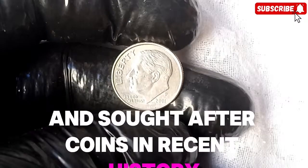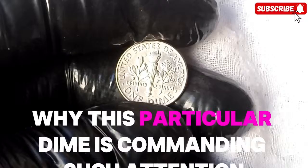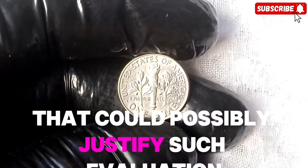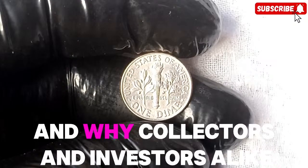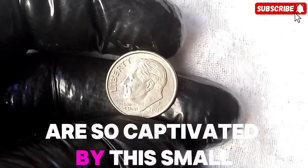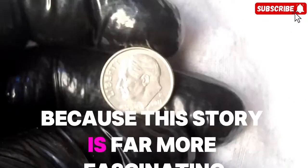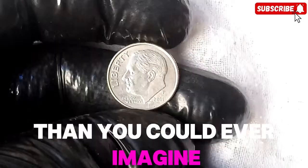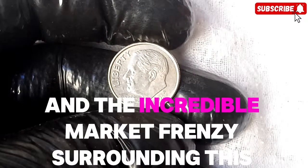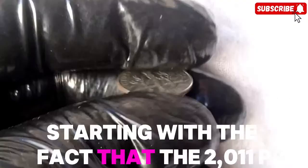And today we are going to explore in great detail why this particular dime is commanding such attention, what makes it so rare, the kinds of minting errors that could justify such a valuation, and why collectors and investors alike are so captivated by this small but extraordinary piece of American numismatic history. So stay tuned, because this story is far more fascinating than you could ever imagine as we peel back the layers of history, production, and the incredible market frenzy surrounding this coin, starting with the fact that the 2011 P